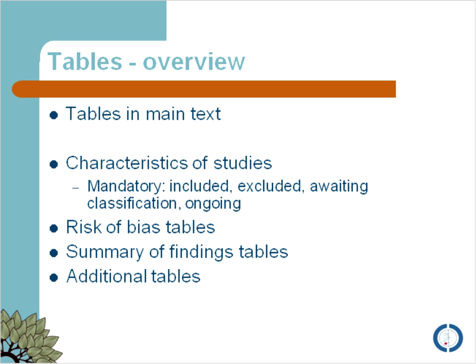And just to give you a bit of background on the risk of bias, I don't want to do too much in terms of specific training on how to use the tool or how to complete it. I just want to focus on the mechanics of completing one of these within RevMan 5. So the risk of bias is a new tool that is now used for Cochrane reviews. And the idea is to look at items that reflect the methodologic quality of a particular study.